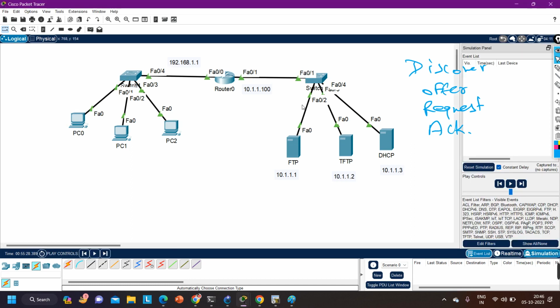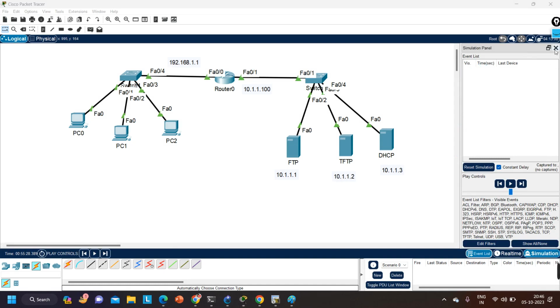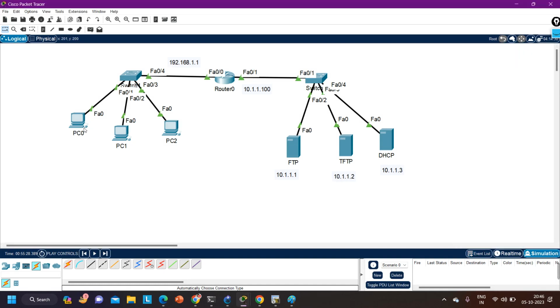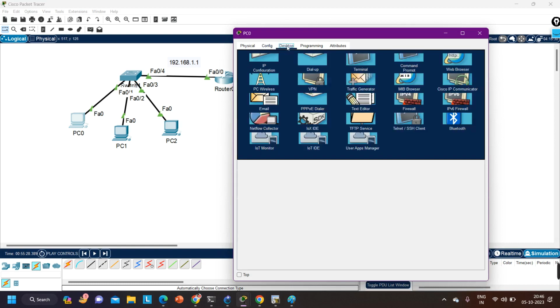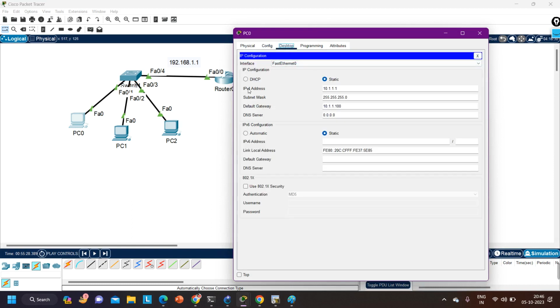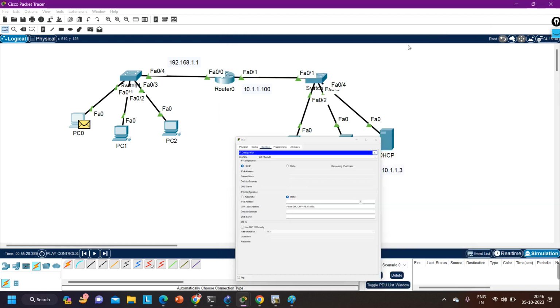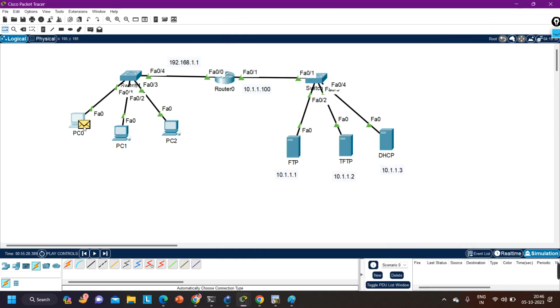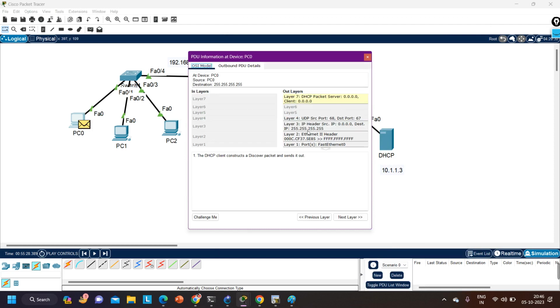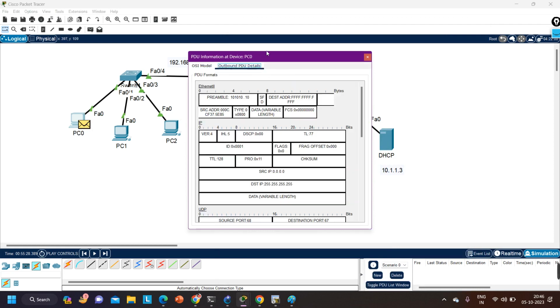Here I am going to use simulation mode, and now I am going to generate one discover message. To generate the discover message, I am going to click on DHCP. See, this is the discover message, right? The PC has generated one discover message. Let me open it. If you check the information inside this discover message,